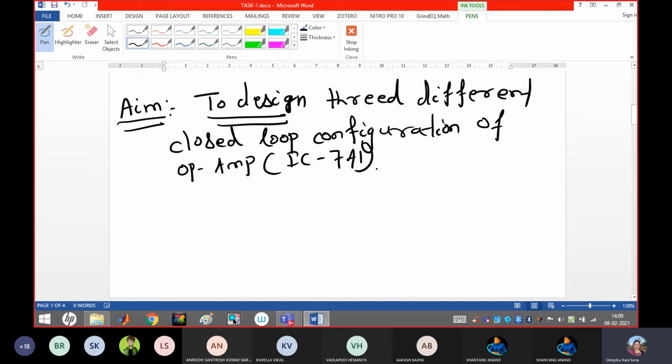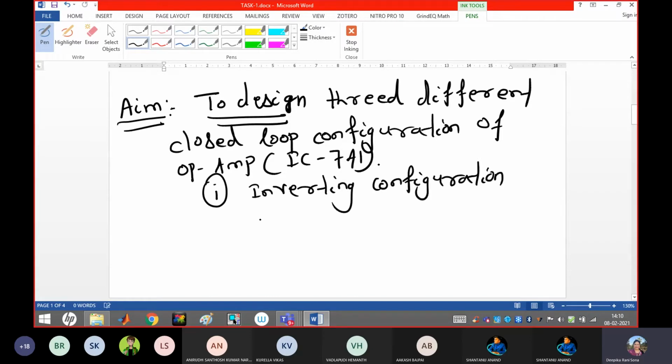Then what are the closed loops? What are the three different closed loops? From the aim itself, your task should be very clear, that what you are going to do. First one, inverting configuration.